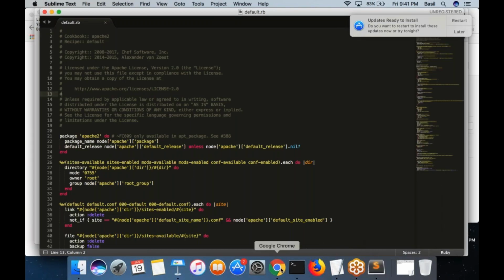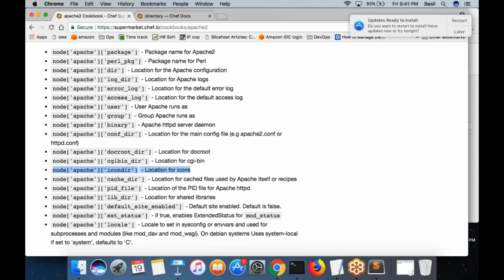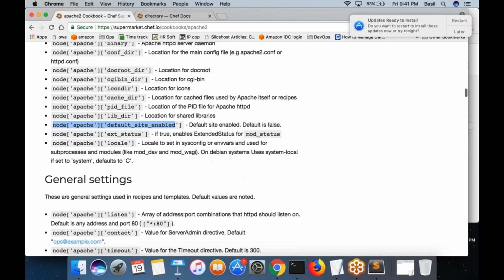So these are the different attributes that you can have. CGI bin directory, and the cache directory, which is the folder Apache would use for caching. Where exactly is the PID file? When you start Apache, the process ID is going to be saved inside a file in your Linux machine; where that file is going to be located, the PID file, is an attribute. Lib directory, what is the library directory for Apache? Sites enabled folder, what is the default sites enabled folder? It points to the sites enabled folder. So like that, there are different attributes that you are defining.